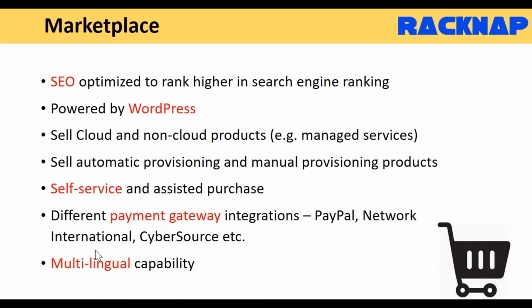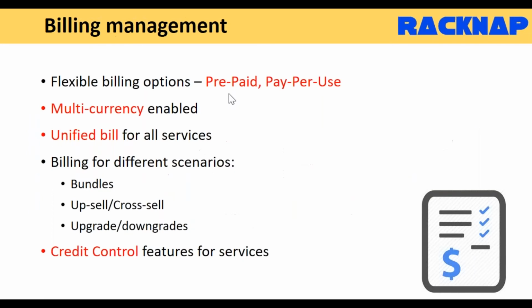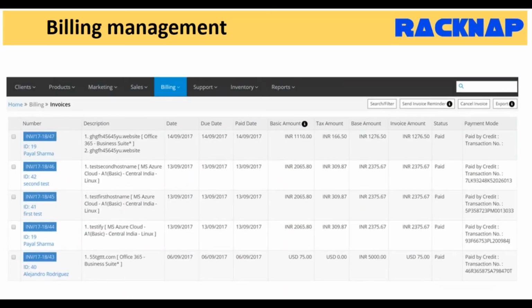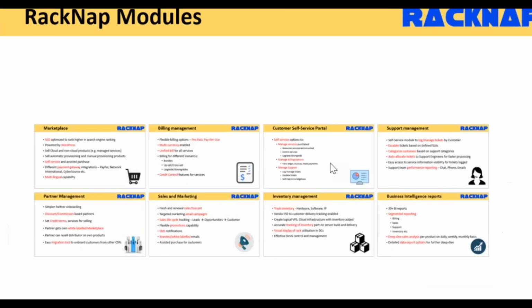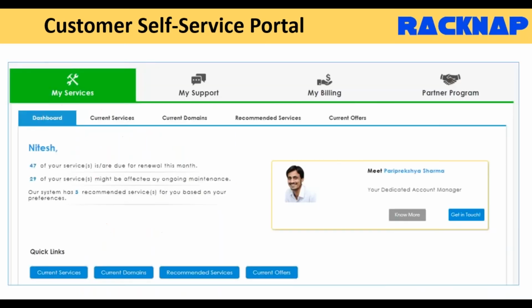Okay, getting back into the swing of things, I've pretty much covered all of what I mentioned earlier. So for example, this is a website which we give you, with which you can use to sell services to your end customers. And for example, from a billing standpoint, we do cater to different billing models, multiple currencies, unified billing, credit control. We saw that as well. This is a visual view of the billing options available. Customer self-service, we looked at all the functions, what the customer's actually able to do, right? We looked at services around what he's able to control and downgrade, billing, manage support, etc., as well. And we also looked at the customer self-service portal.